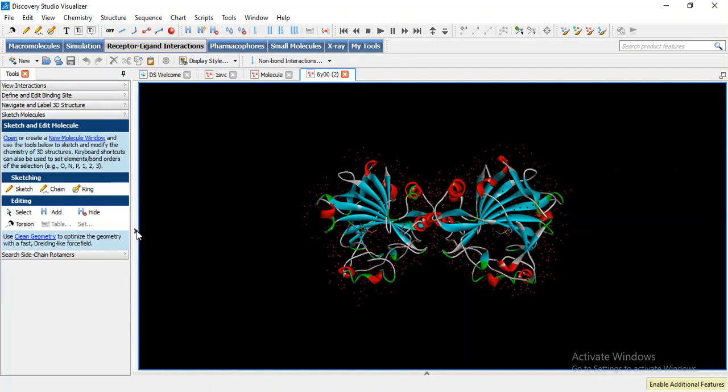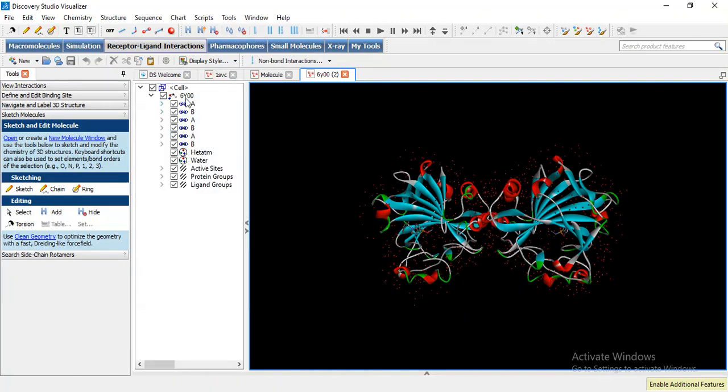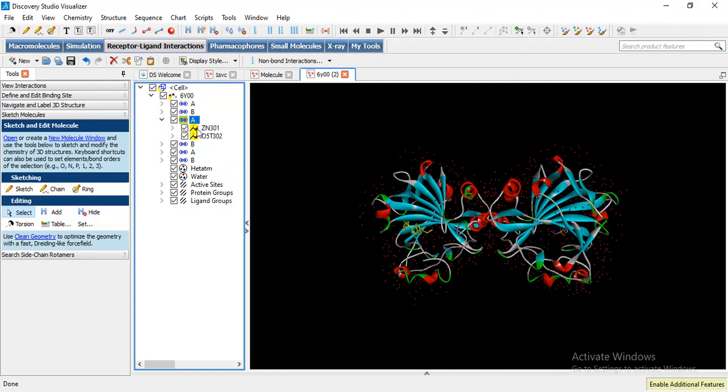Here it gives the information that this is our chain A, this is our chain B, and these are the ligands which are attached. Zinc is the metal ion present in the active site, and here is the ligand. Similarly, B is also bound with a ligand, and these are the water molecules present in this structure. In our next videos we will study further how we can observe ligand-target interaction, and how we can modify